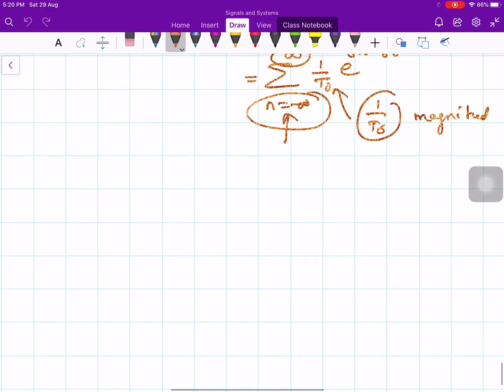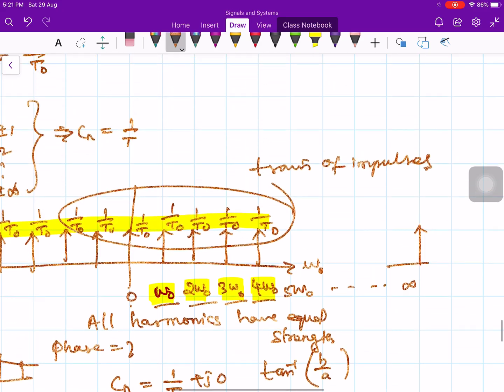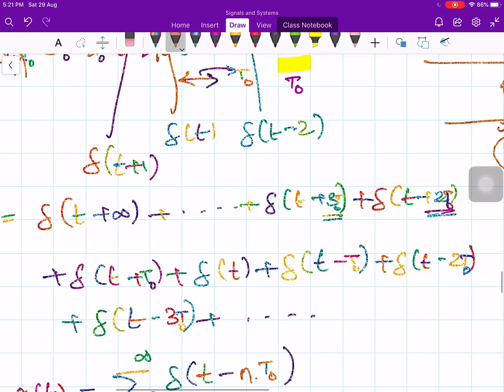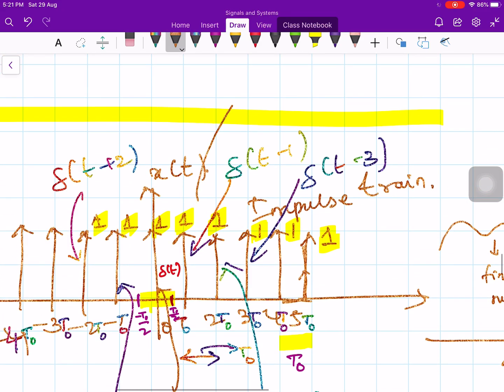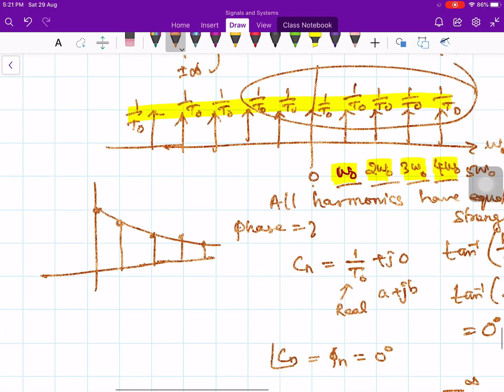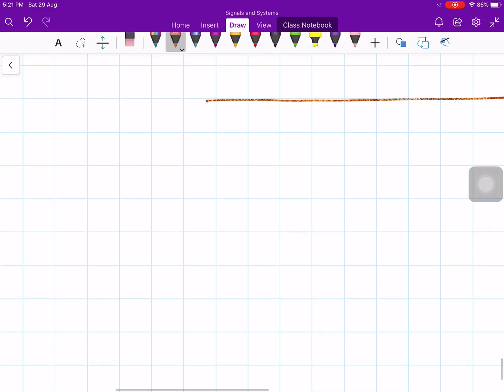Let me take a periodic pulse now. This example is periodic impulses. Let us consider a periodic pulse, that means it has some finite duration. Periodic pulse train, not impulse train, pulse train. That means